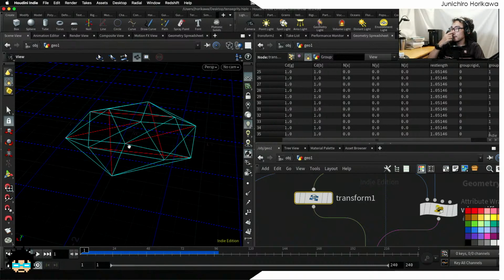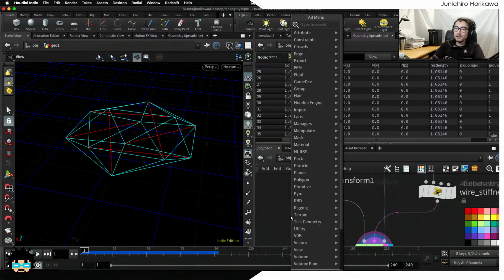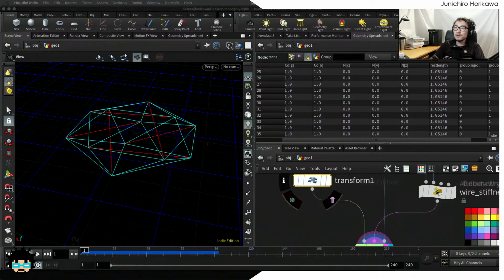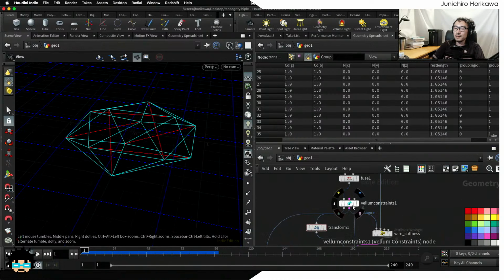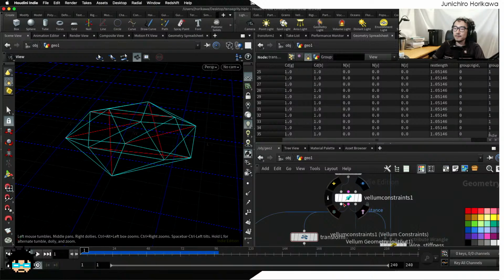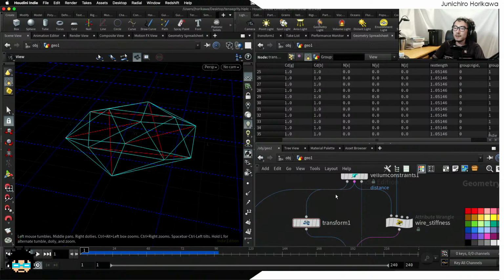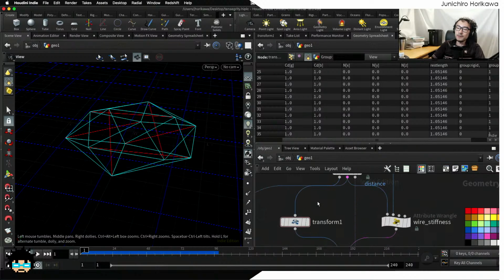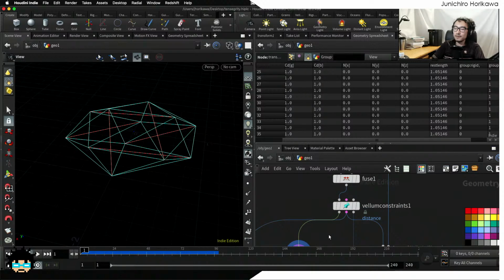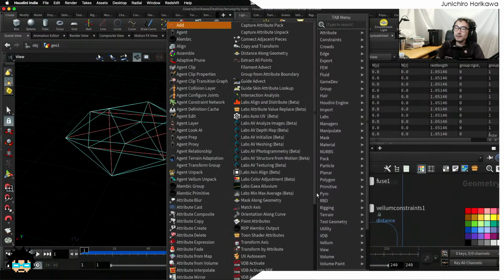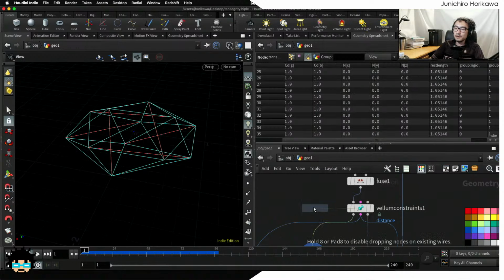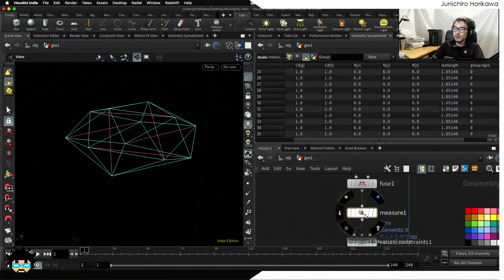So to make it a bit more realistic, I can have additional setup to set the length of these red ones the same as the initial length, which is equal to the one that's before scaling this down. Currently, I can check the length of the geometry by using the measure node, maybe somewhere around here,